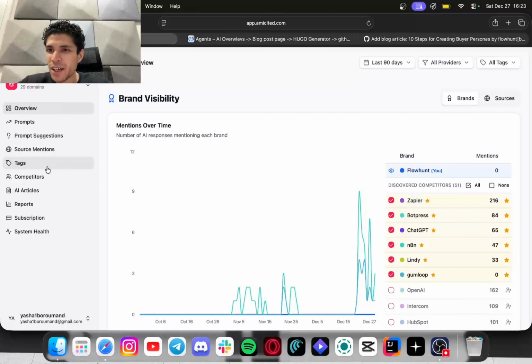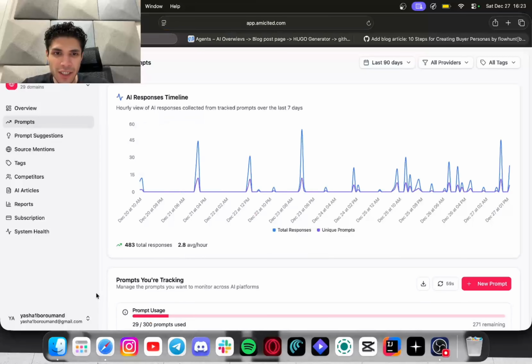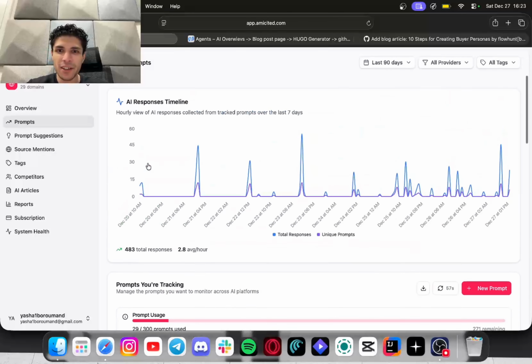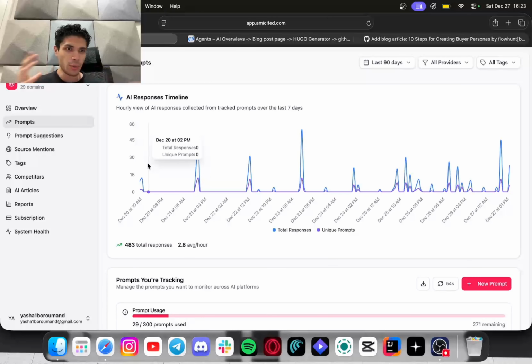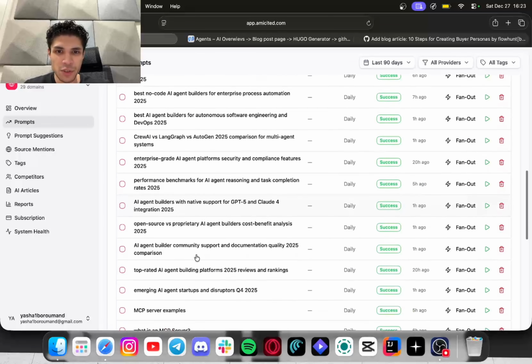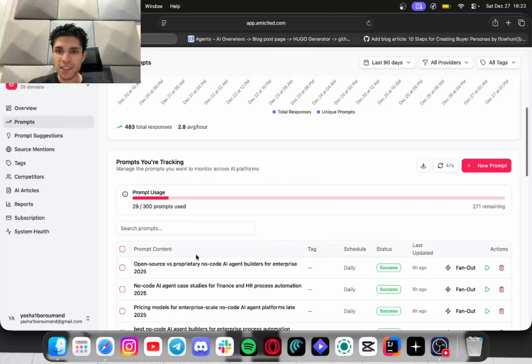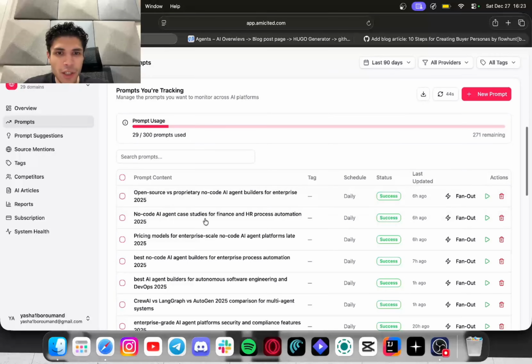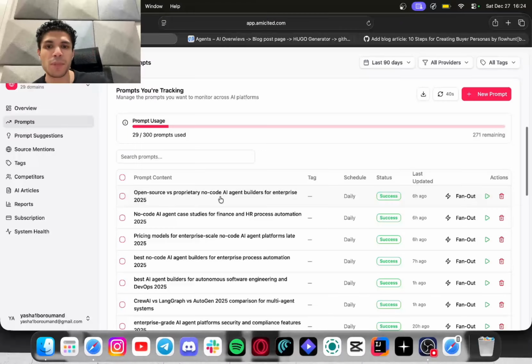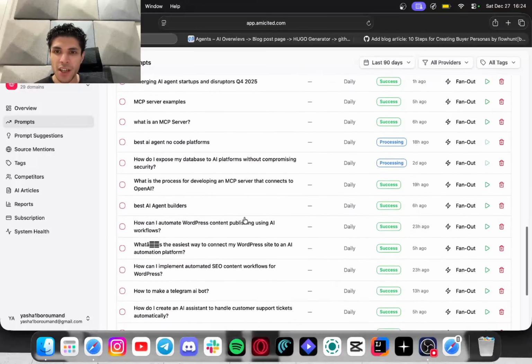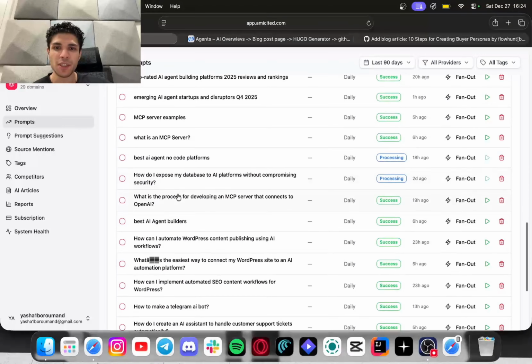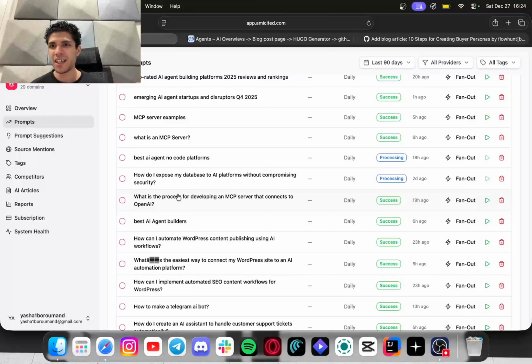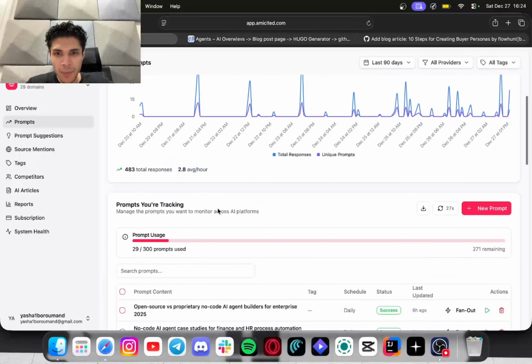Now once you are in the dashboard, you'll be asked to add some prompts. I already have some prompts in here. The whole way that the application works is based on prompts. These are the prompts that I'm currently tracking for my business. So for example, when someone goes into ChatGPT and asks something like open source versus proprietary no-code AI agents, or they ask what is an MCP server or similar, I want my product, flowhunt.io, to be mentioned.